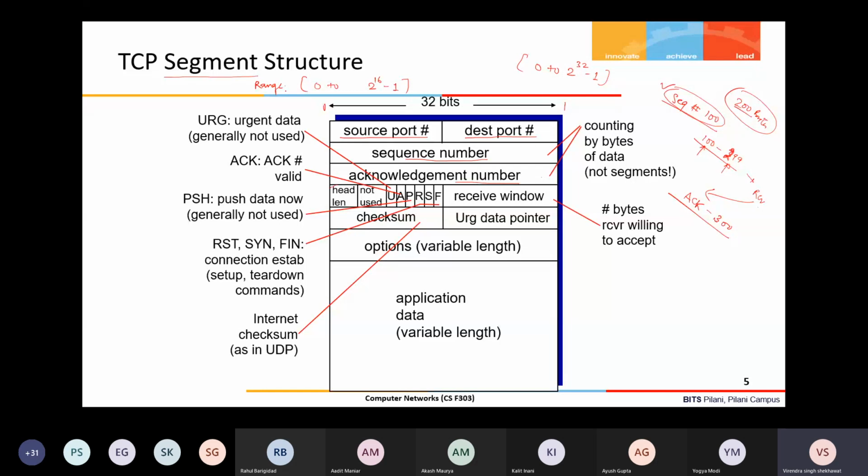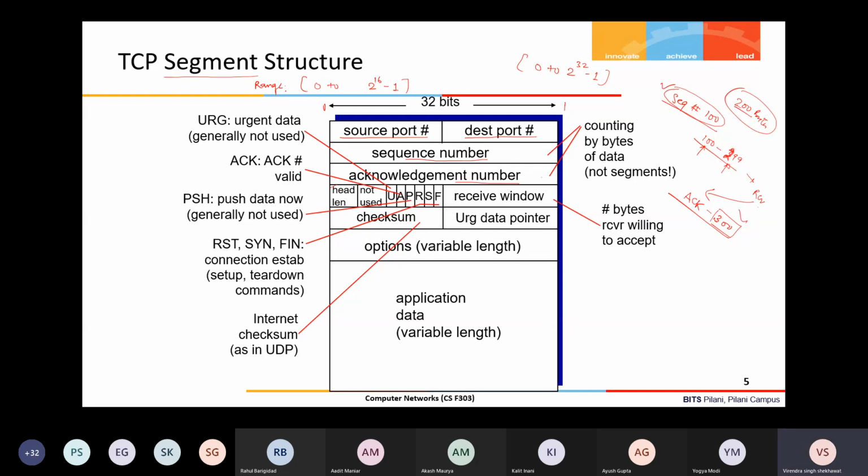If it is successfully received, the acknowledgement generated by the receiver will contain the acknowledgement number 300. This indicates that up to byte 299 have been successfully received, and the next expected byte is 300.